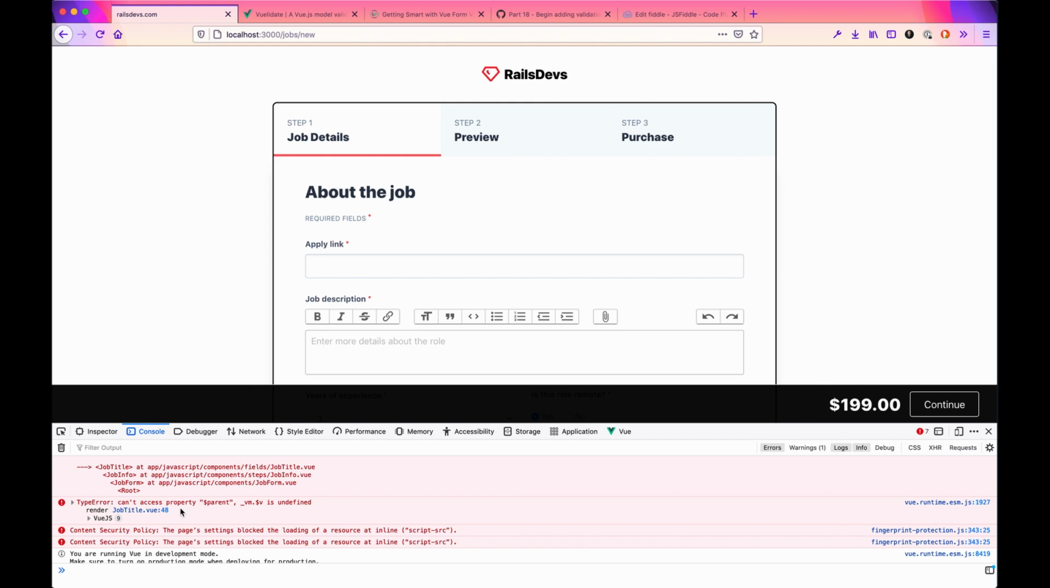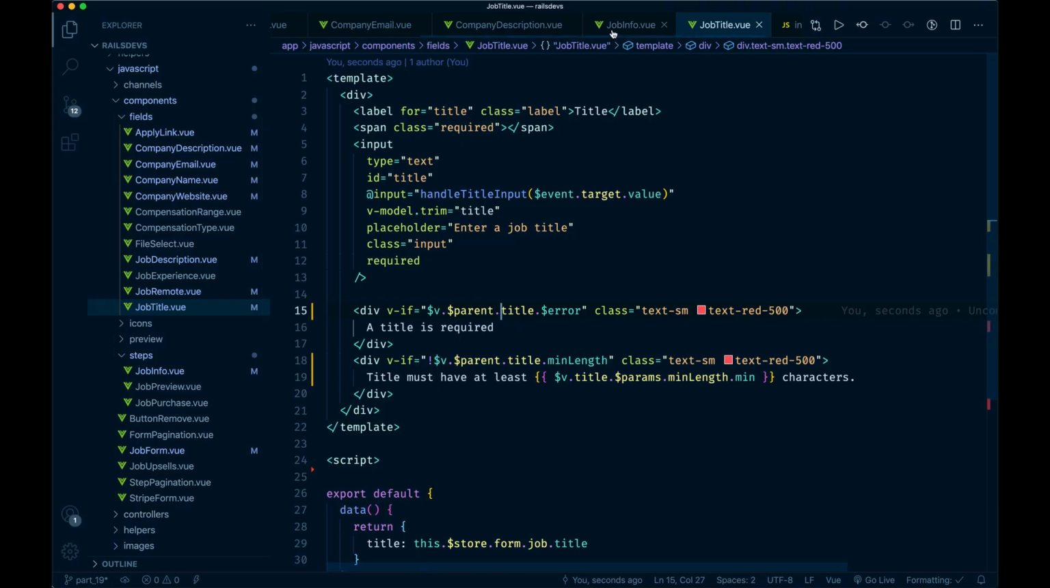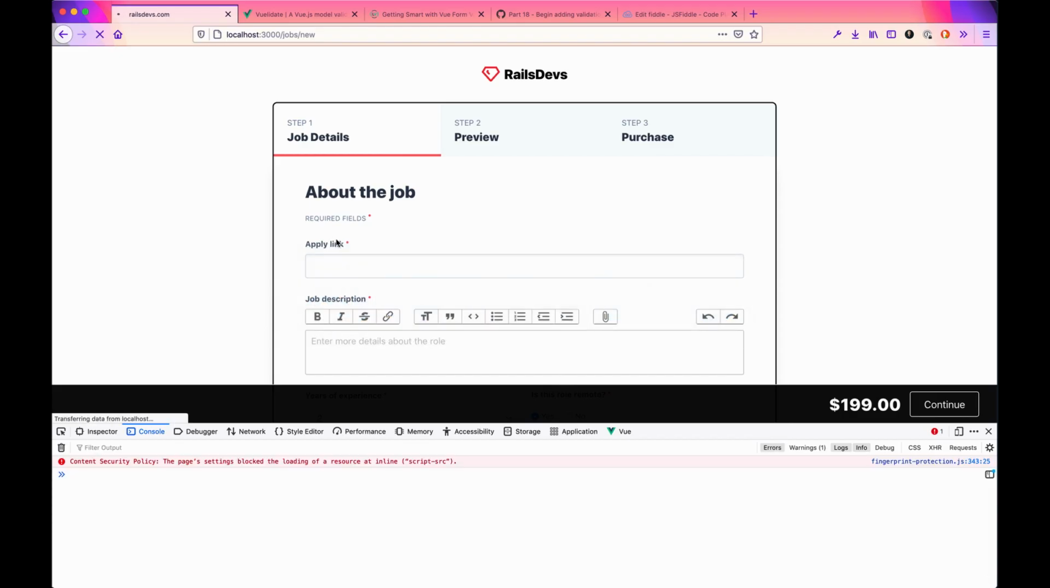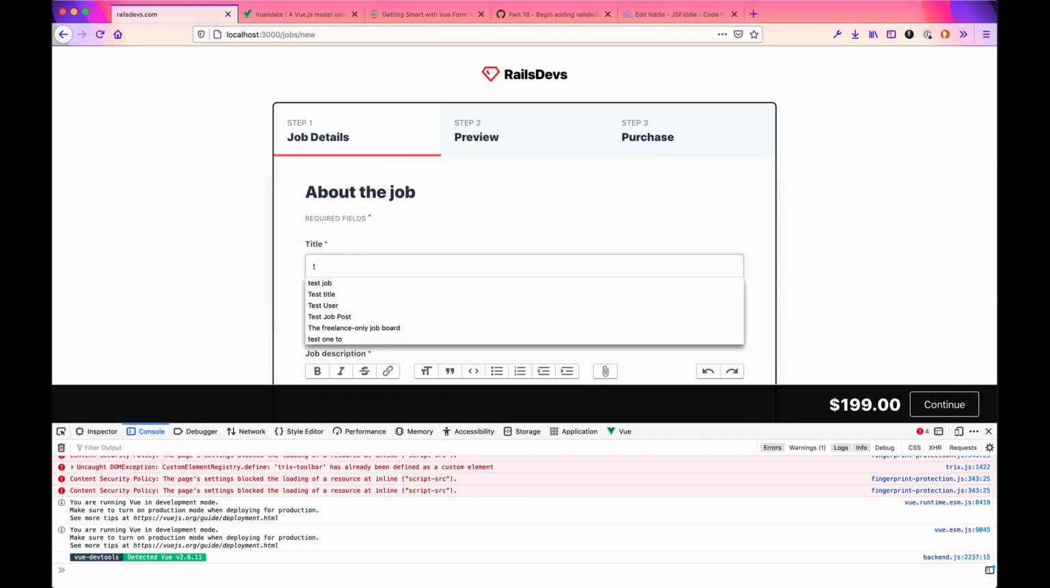Job title. I think it would be parent.v. And this job title is nested within this job info step, which is why it's the parent, if that makes any bit of sense. So instead here we'll have parent.v. I think that should get the errors to go away. So if we do this,